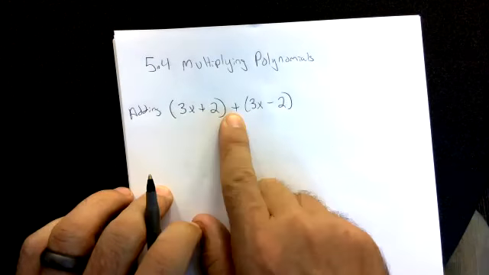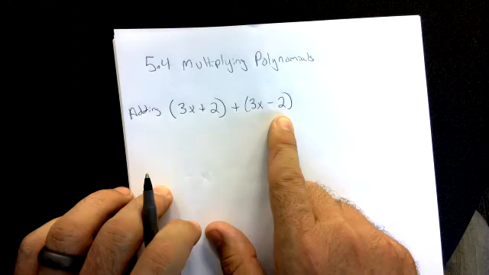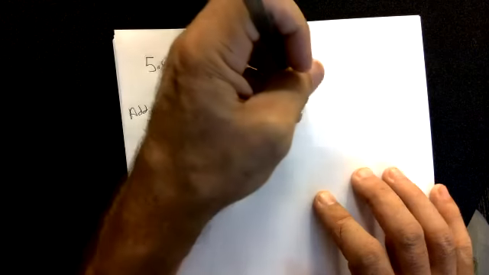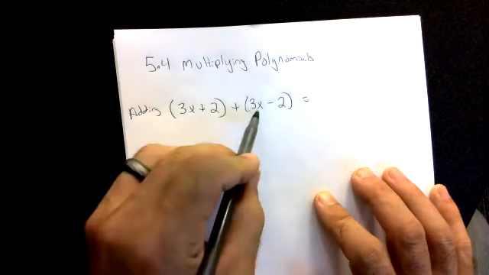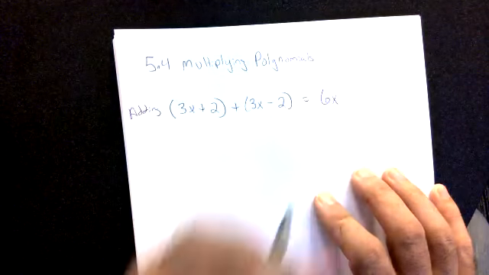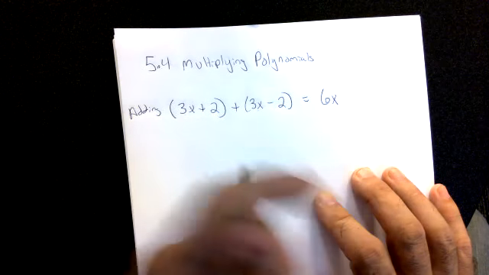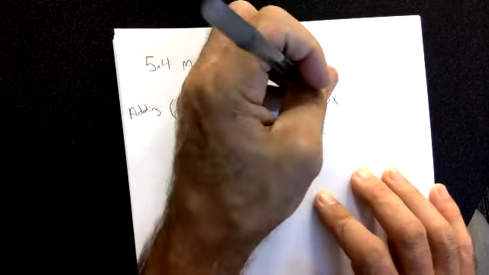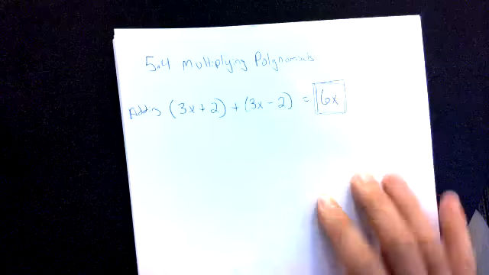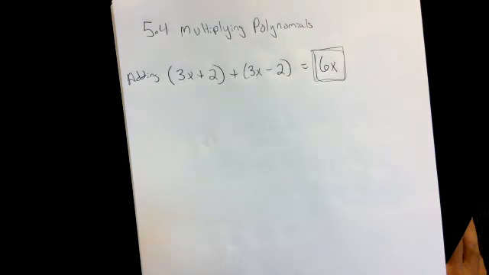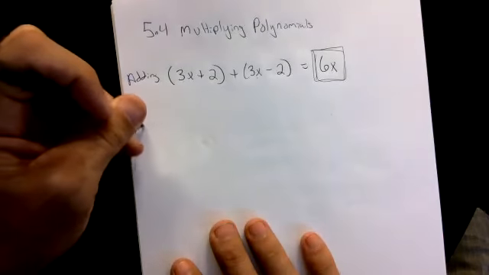If I told you to add 3x plus 2 plus 3x minus 2, we can just combine like terms. So we combine our 3x and our 3x to get a 6x. We combine our 2 and our -2 to get 0. So we could write 6x plus 0. That'd be kind of silly, so we just leave that as 6x. Okay? However, multiplying